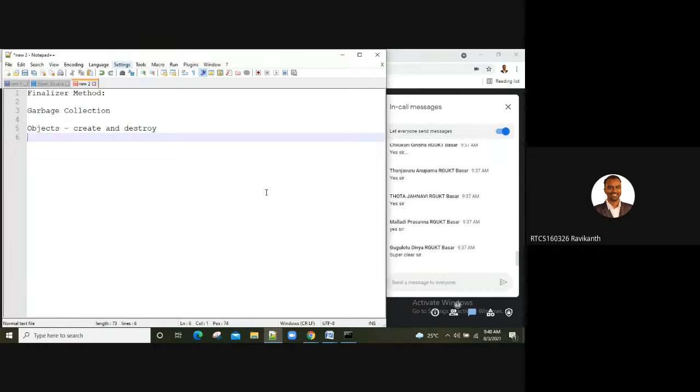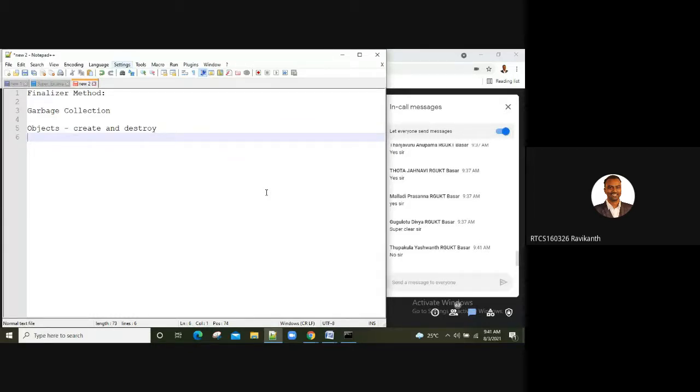So who is going to do this? Sometimes we create objects but we don't destroy them. I have been creating objects for many days. Are we deleting those objects? Are we writing any special functionality for deleting them? We said create objects with class name followed by object reference name equal to new keyword, followed by the class name.